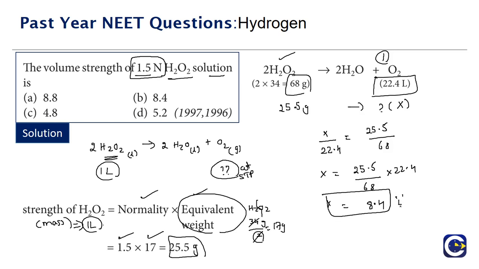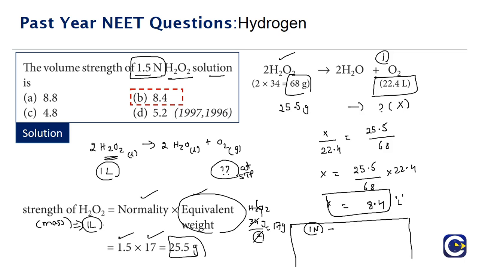So the volume of oxygen gas at STP that is liberated from 1 liter of the H2O2 solution is 8.4 liters. So the correct answer is option B. Now we have a ready-made formula also for this, if we can remember, because a